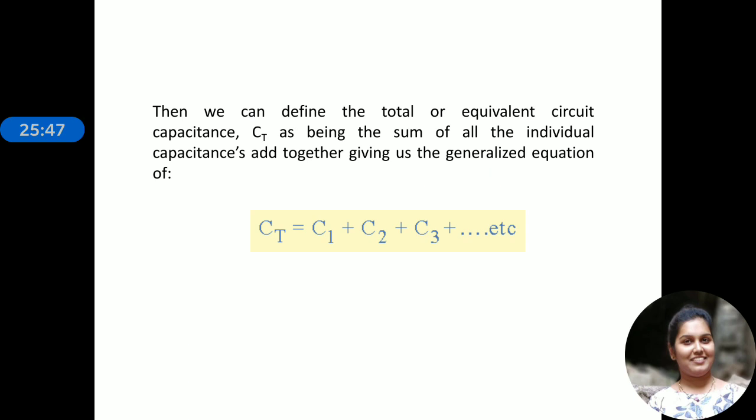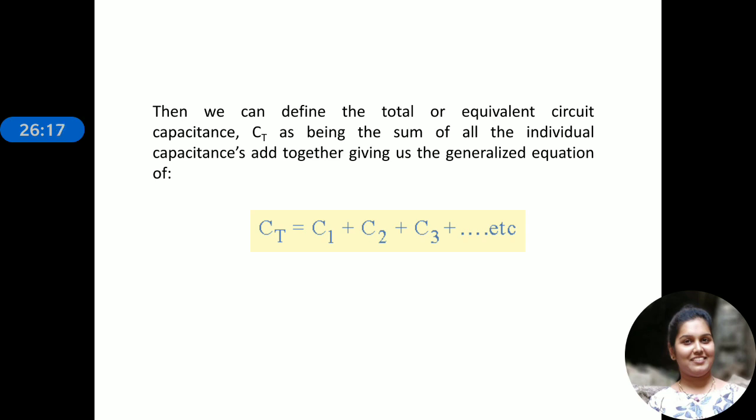So when adding capacitors in parallel, they must all be converted into the same capacitance units. This point we have to keep in mind, whether it is microfarads, nanofarads or picofarads, all should be converted into the same units. We can also see that the current flowing through the total capacitance value CT is the same as that of the total circuit current IT.